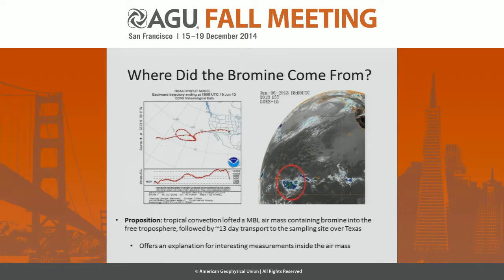At 13 days prior to this, we also were monitoring satellite imagery from this origin site. It noted a very strong convective system located within the ITCZ in the immediate vicinity of this origin site. Knowing that the marine boundary layer is a region that contains high bromine content as well as low ozone, we do propose that a convective system, possibly this one or another, lifted this marine boundary layer air into the free